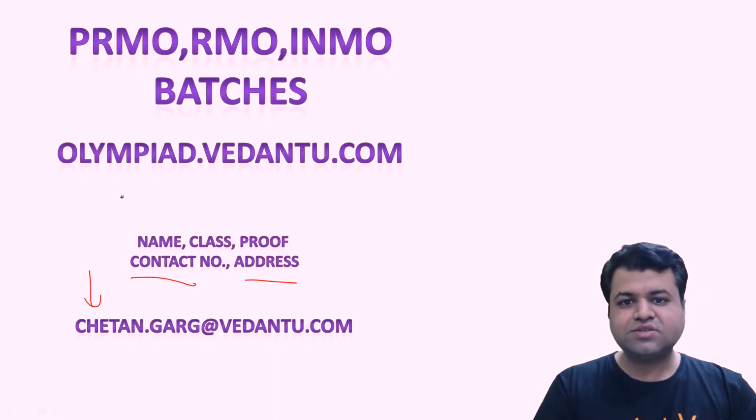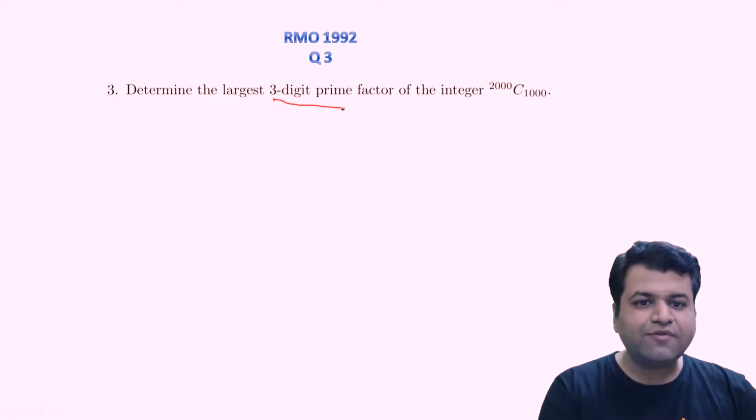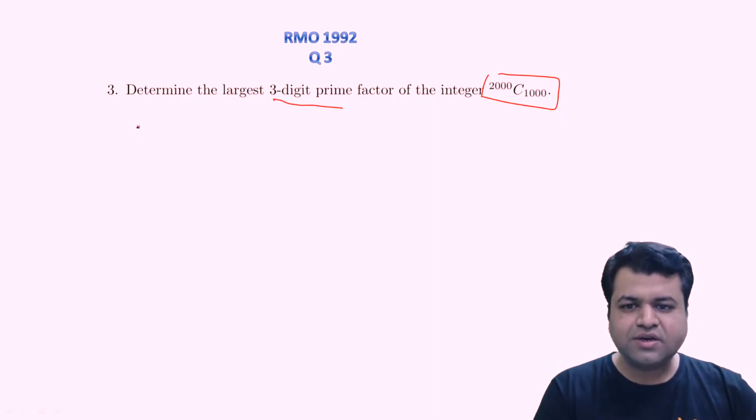Let's discuss question number 3 of year 1992. That was an easy question. The question says that we need to determine the largest 3-digit prime factor of the integer 2000C1000. So basically, first we see what 2000C1000 means. This is actually equal to 2000 factorial upon 1000 factorial into 1000 factorial,